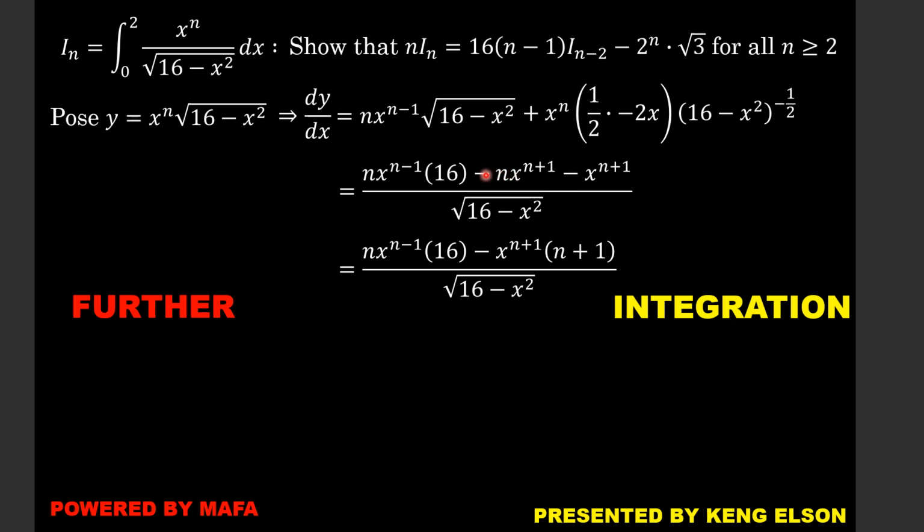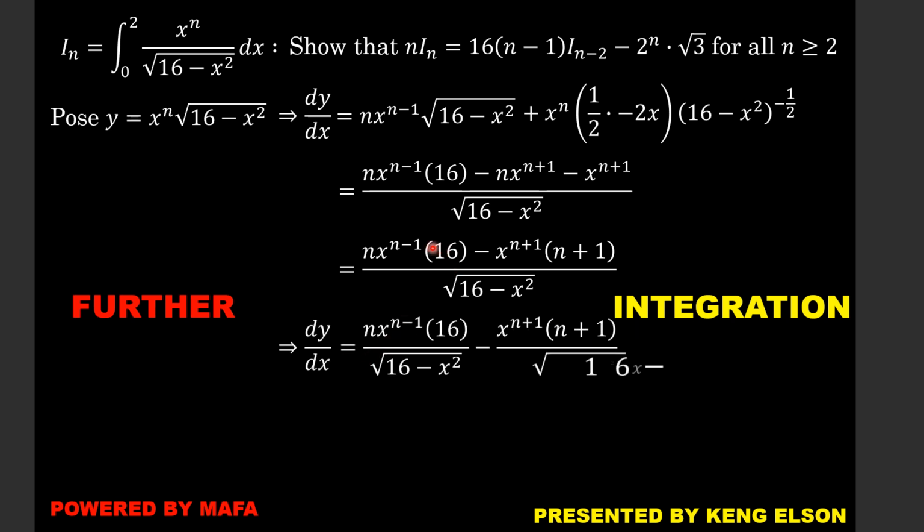So if we factorize it from the two terms, you are going to be left with n here, and we are going to be left with 1 here, since you are factorizing with the negative sign. Now from here, we clearly see that our dy by dx, we can now separate this ratio, this fraction,